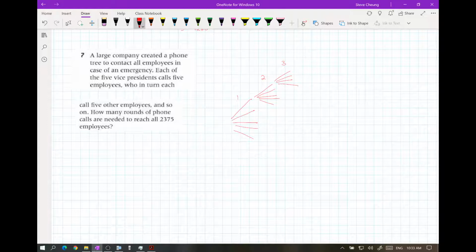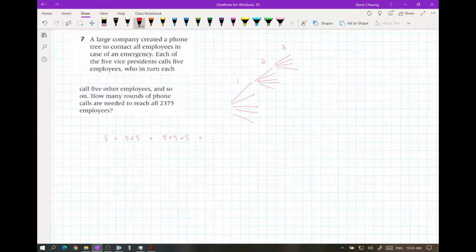Basically, first of all, we have the first round. It will be the 5 presidents, and then each one will call 5 more. So therefore it will be 5 times 5. And then the next round will be from the 5 times 5 people. They will also call 5 more. So we want to see how many of these terms it takes. Do you see how this is the common ratio? So therefore we want to find n such that u1 times r to the power of n minus 1 over r minus 1